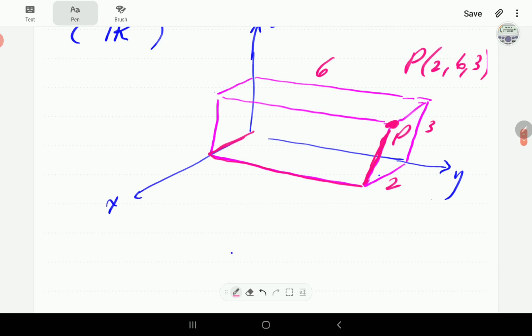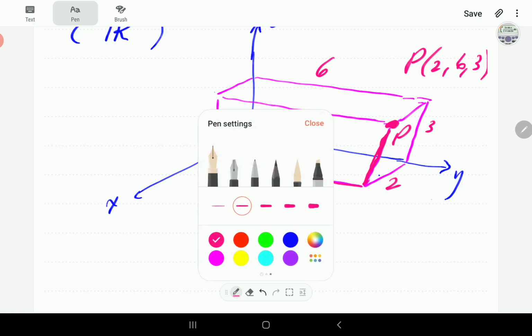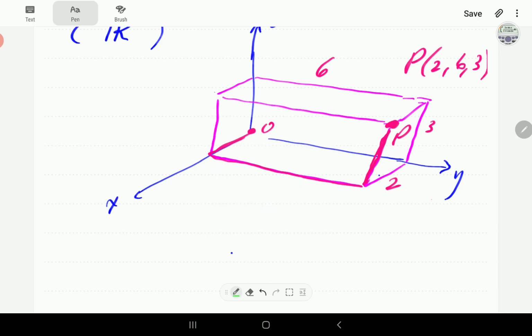Now, let's call the origin point O. We can define a vector OP, which is called the position vector of P. So OP is going to be this directed line like that. Now, since the coordinates of O are 0, 0, 0,